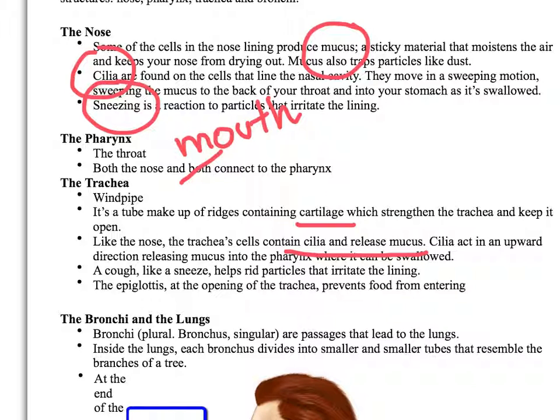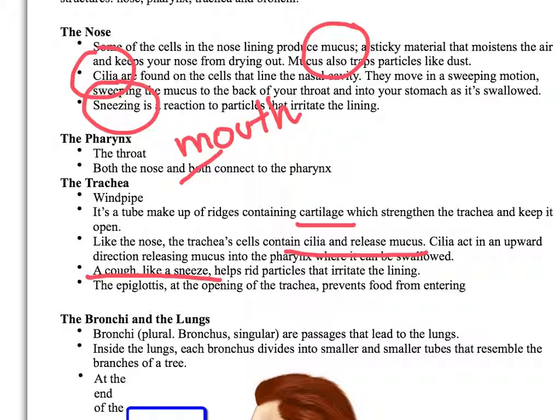Okay, so they protect your lungs, and if any particles got through your nose, when they get to your trachea, they'll be trapped by the mucus, and then the cilia will sweep them out of the trachea into your pharynx, where you'll either spit it out, cough it out, or swallow it and it'll go into your stomach. And speaking of coughing, like a sneeze, it helps get rid of particles that irritate the lining